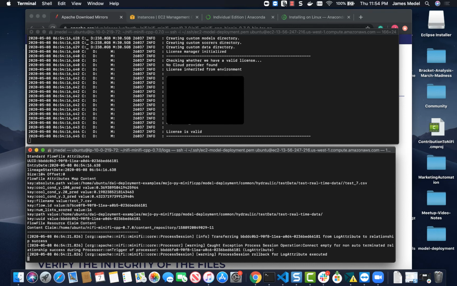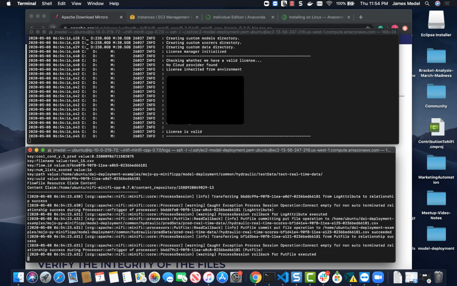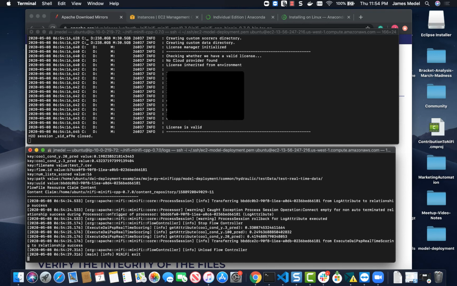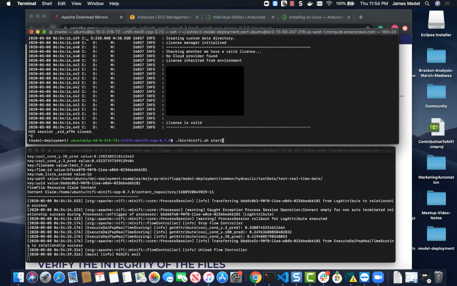So looks like everything's running successfully, which means all those processors that I showed you, data's flowing through them, and the real-time scoring is being computed, and it's flowing through to the put file, which then those scores get stored into a file that is saved onto the local file system on our EC2 instance. So let's turn off MiNiFi,